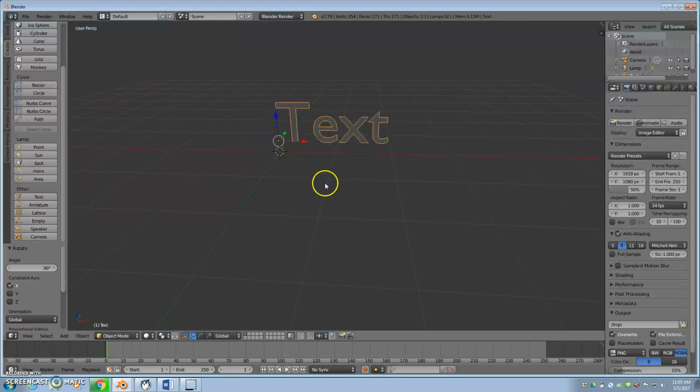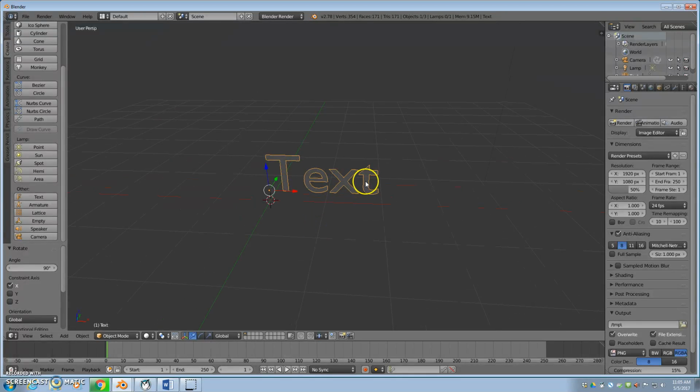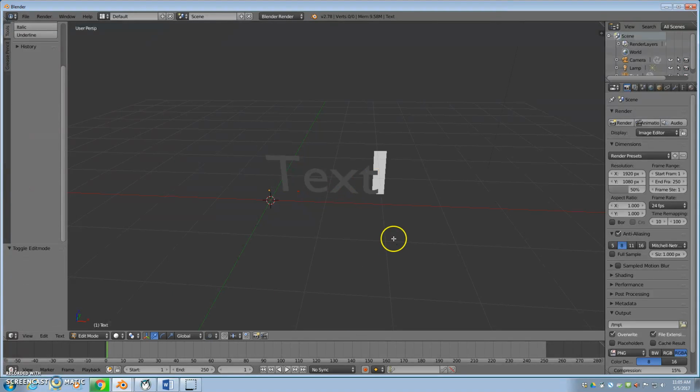Okay, so now I have my text, and I want it to not say text. I'm going to go into edit mode instead of object mode, so I'm just going to hit tab. And now you can't use your mouse to navigate in this text, so I can't click with my mouse to try and move this white cursor. Instead, I have to use the arrow buttons to navigate, or backspace, and typing just works like normal. So I'm just going to say